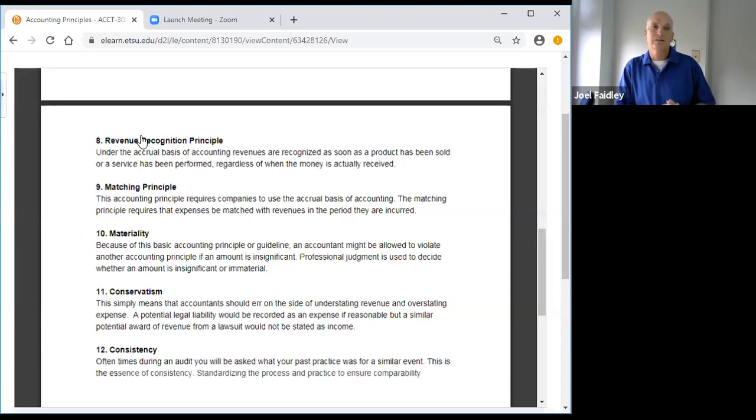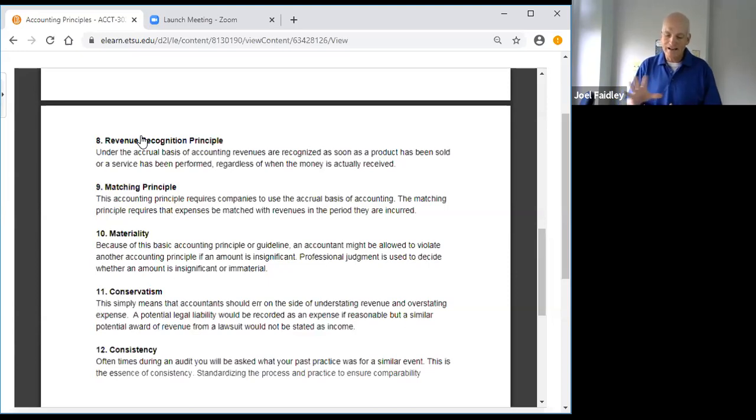And you want to be consistent in how you use your principles, so that you're not jumping back and forth from one principle to another, like from LIFO to FIFO or standard cost to something else, or from completed contract on revenue recognition to percentage of completion. You want to stay with the same principles and the same processes, the same decision-making, period after period. You don't want to be jumping around. You want to be consistent to enhance the comparability of your statements.